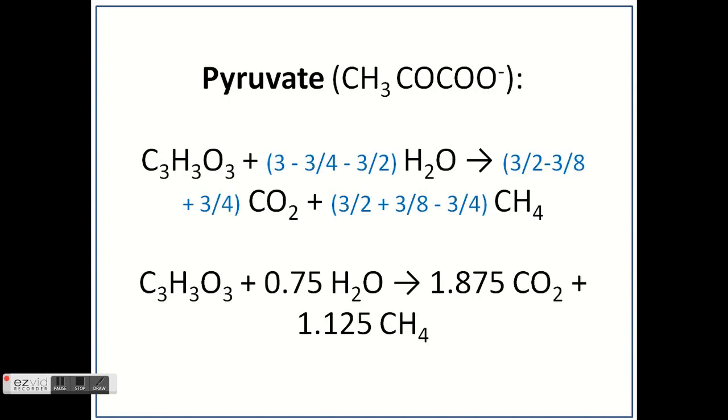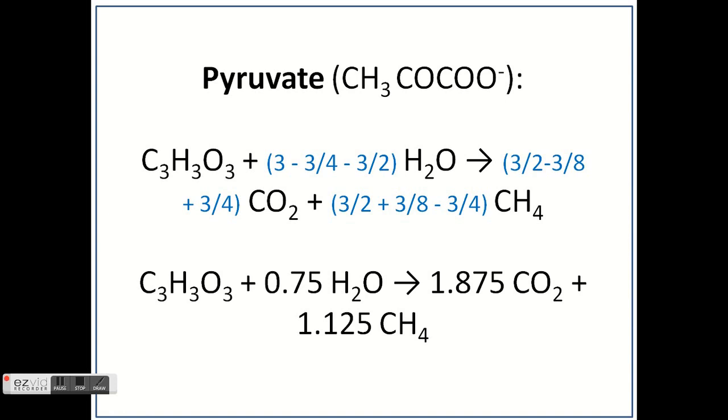We look at pyruvate, which is an important compound in most biological processes. It's a common intermediate for most metabolic reactions. That's just why I included it. So applying the Buswell equation, again, we have our A, B, C. You apply the equation, and we'll find out that 1 mole of pyruvate would produce 1.875 mole of carbon dioxide and